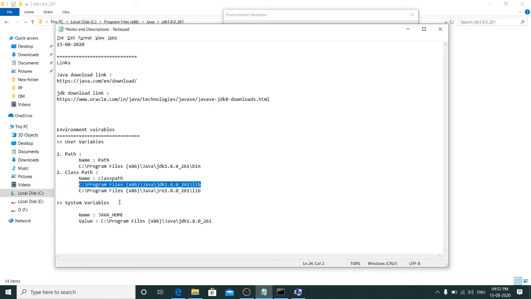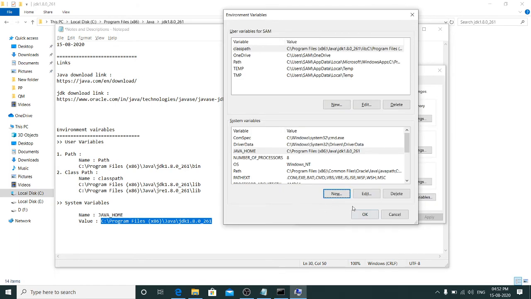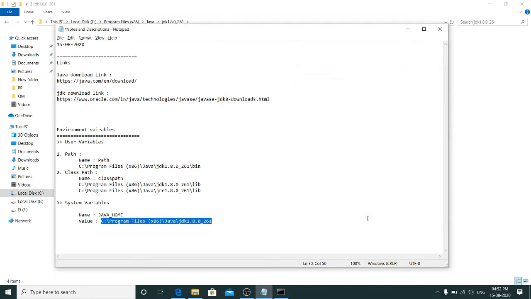And the third one is system variables. In the system variables, you will be creating one variable called JAVA_HOME, and the value will be the root folder of JDK, which contains all the packages of the Java Development Kit. After giving all these values, just click on OK and then click on OK.